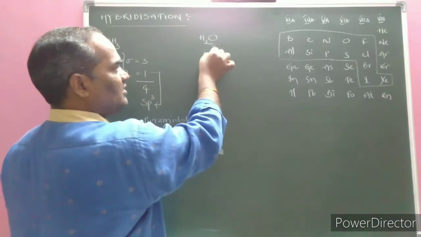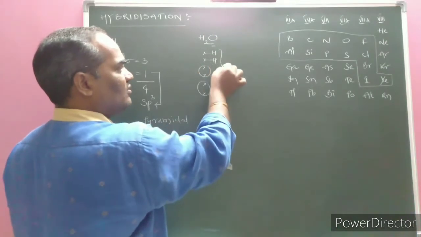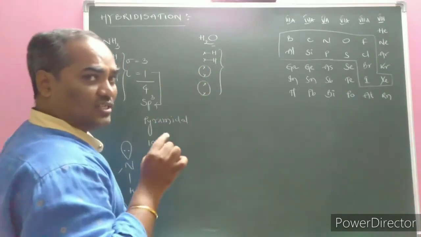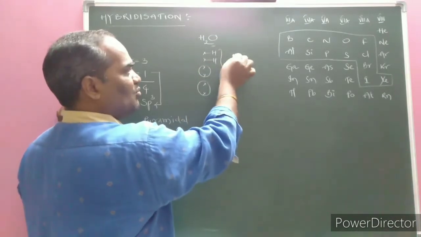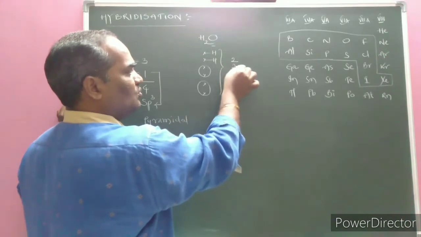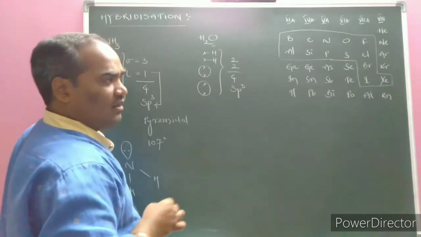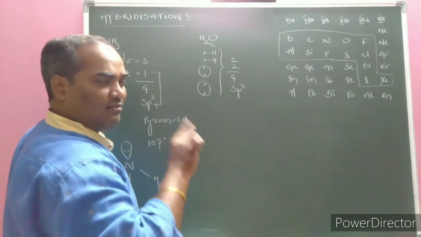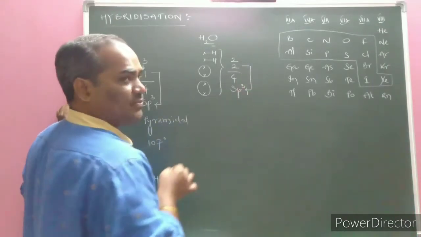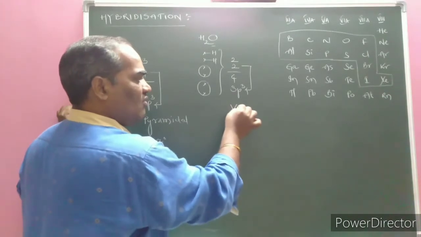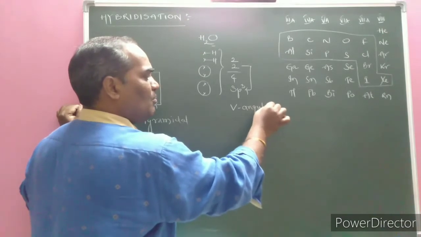How many monovalent species are present there? 2 hydrogen atoms are present. And the rest, 2 lone pairs of electrons, are there. 2 lone pairs. I am not discussing the unpaired electron. Here the 2 bond pairs, that is the sigma bonds, are 2 and the lone pairs are 2. Total becomes 4. Then the 4 hybrid orbitals are sp3. We know well that for sp3, 4-0 is tetrahedral, 3-1 is pyramidal, and 2-2 is what shape? With 2 lone pairs and 2 bond pairs present in sp3, the shape is called V shape, also called angular shape, also called bent shape.